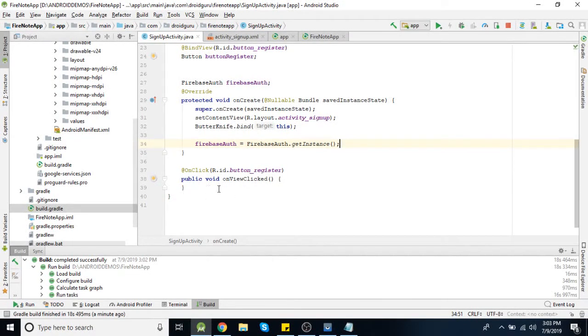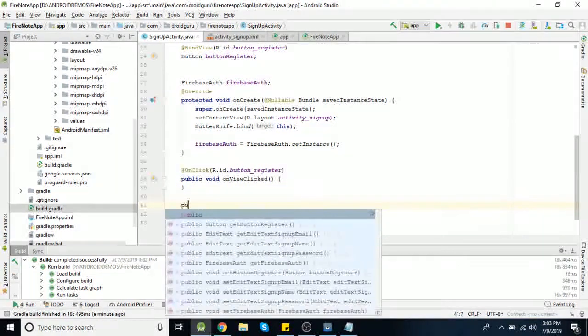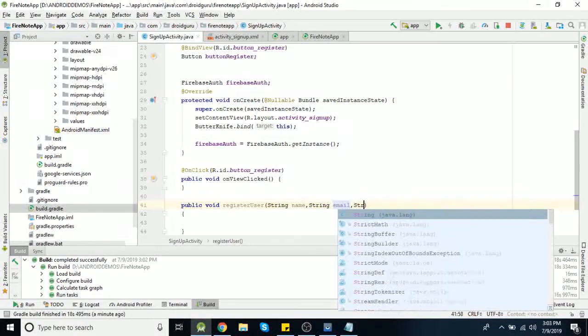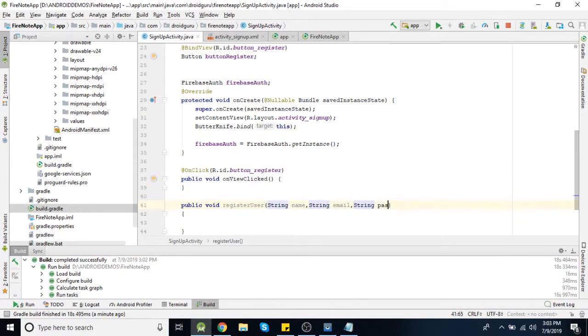Whenever the user clicks on this register button, we'll create one method, public void, say registerUser. Here we'll add our code for user registration. This function will require three parameters: name, then email ID and password.